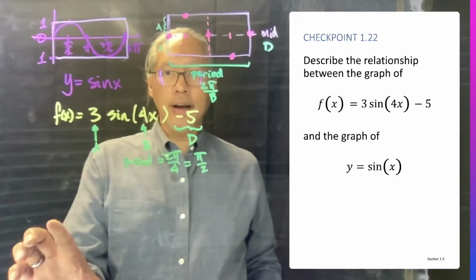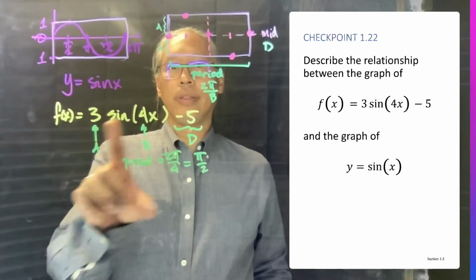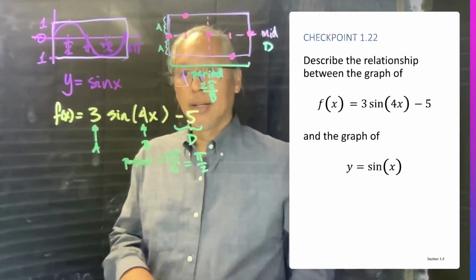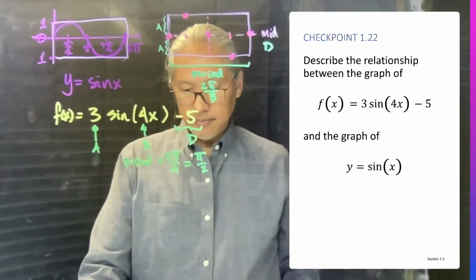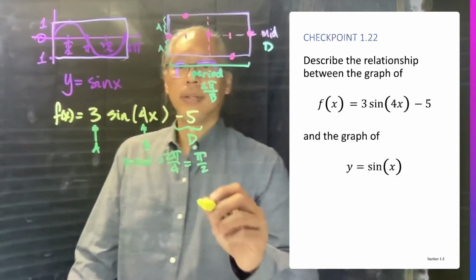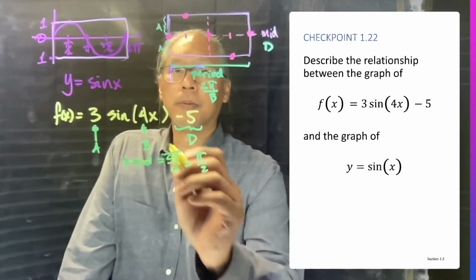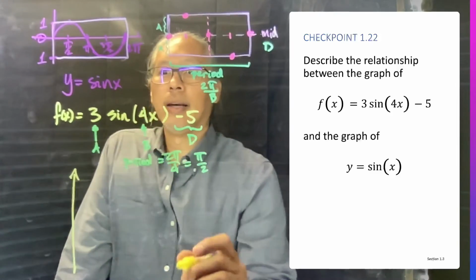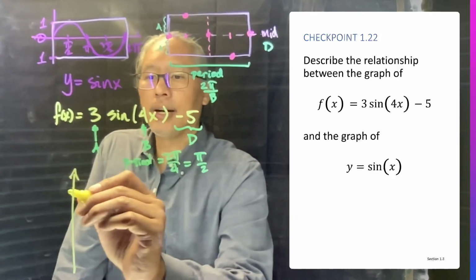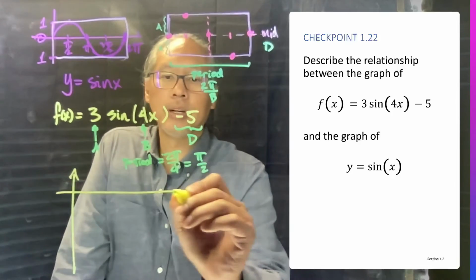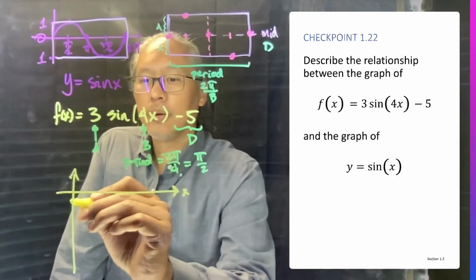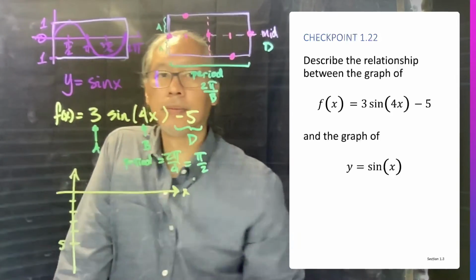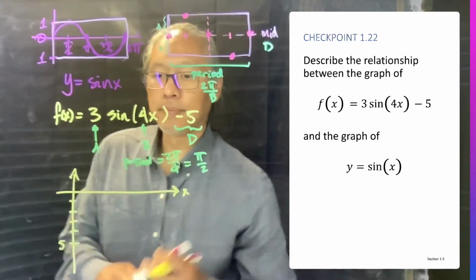Now I'm going to draw the graph. All right, so we know that we're going to start at 0 at the y-axis, and we know that the new midline is going to be -5. So I'm going to draw the x-axis up here because I know I'm going to go down 1, 2, 3, 4, 5. So this is 5 here. So this is going to be my new midline,